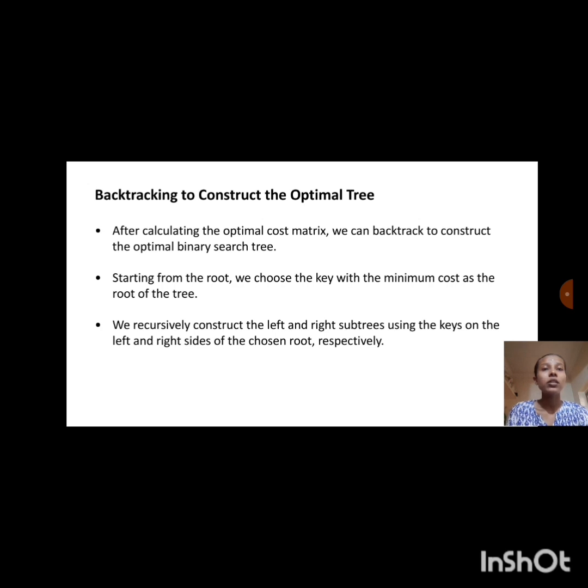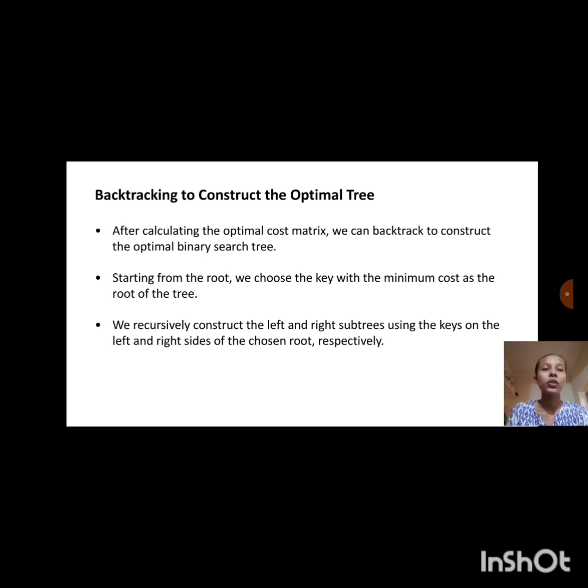Backtracking to construct the optimal tree. After calculating the optimal cost matrix, we can backtrack to construct the optimal binary search tree. Starting from the root, we can choose the key with the minimum cost as the root of the tree. We recursively construct the left and right subtrees using the keys on the left and right side of the chosen